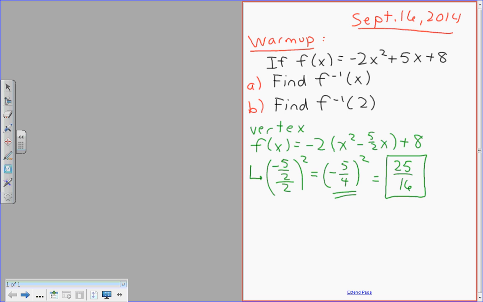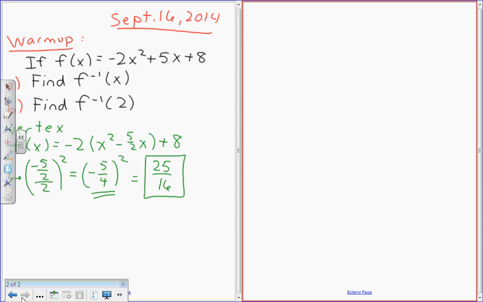Now please remember the negative has to stick in, as a normal mistake made in completing the square is making it positive. All right, Caitlin, can you do the next step for us, please? You put the 25 over 16 into the equation. Okay, good. F of x equals -2 bracket x squared -5 over 2x plus 25 over 16 minus 25 over 16